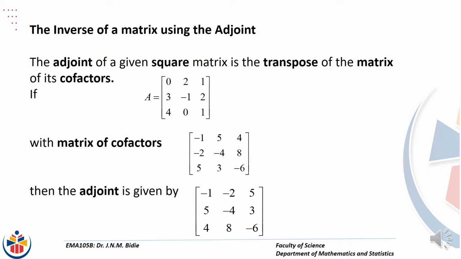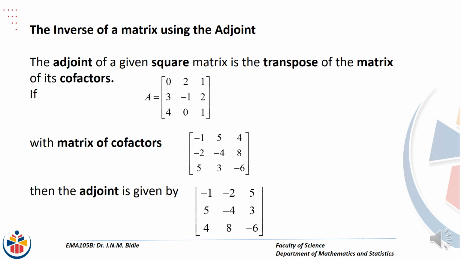Now we go to the inverse of a matrix using the adjoint. Note that the adjoint of a given square matrix is the transpose of the matrix of cofactors. So the first thing you need to do when given a matrix is find the minors. From the minors, you get